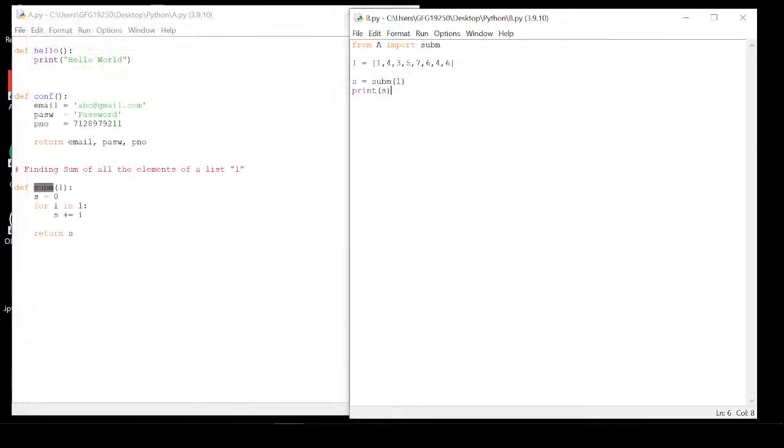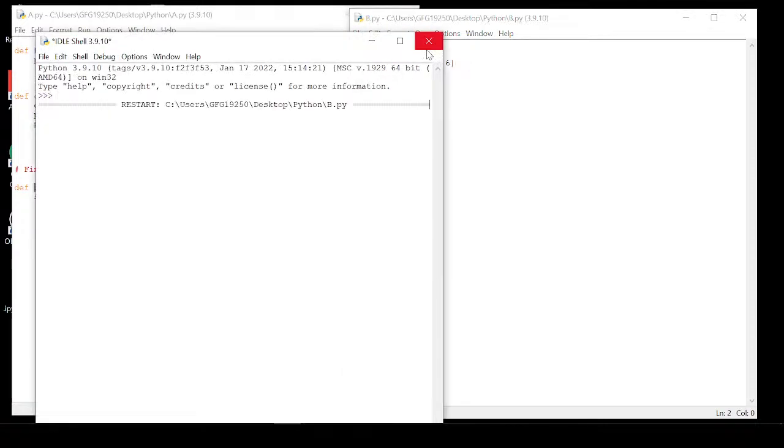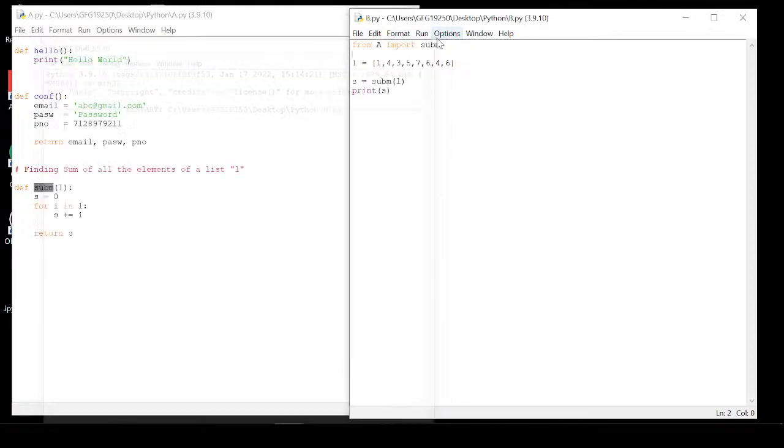Let's count what the output should be. 4 plus 1 is 5, 8, 8 plus 5 plus 7, and then plus 6. Okay, you can do the calculation, it will give you 36. Yes. Okay, so similarly you can